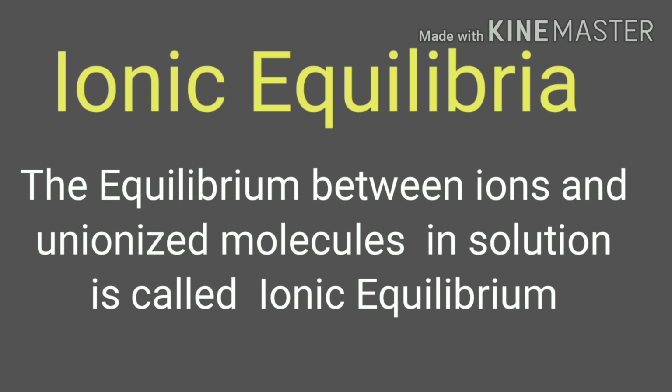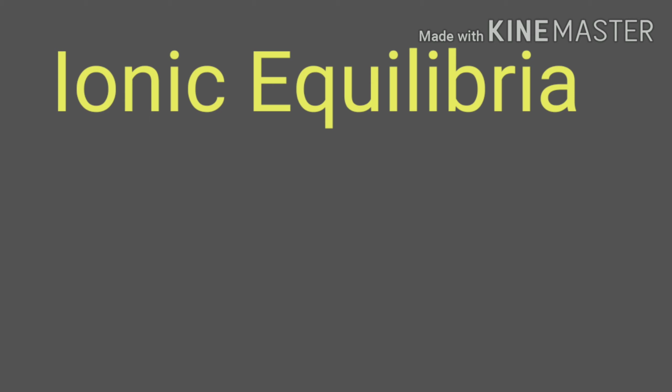By now, you know the meaning of equilibrium. It means stable. Here you can say that the number of ions and unionized molecules on either side would be the same. Only then is the equilibrium going to exist. In this chapter, Ionic Equilibria, we are specifically going to deal with acids and bases. The different definitions given by different chemists like Arrhenius, Lewis, Lowry-Bronsted, they have given different definitions for acids and bases. Then we are going to study the common ion effect, the Ostwald dilution law, etc.